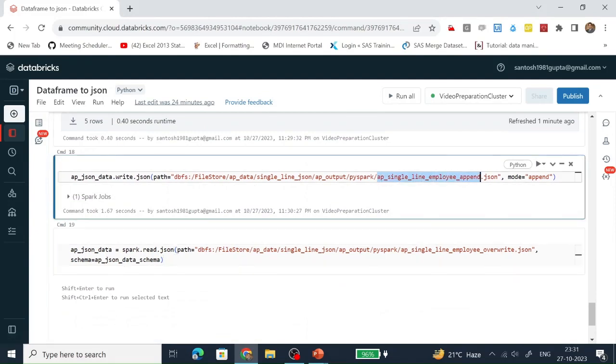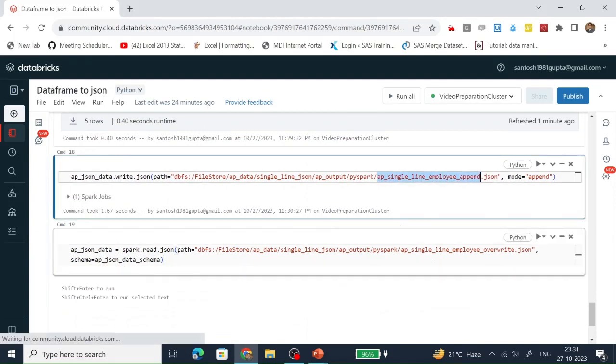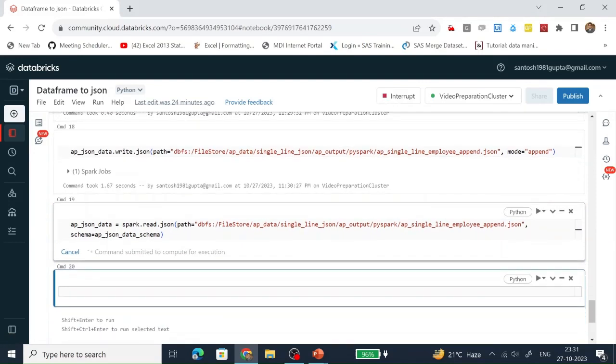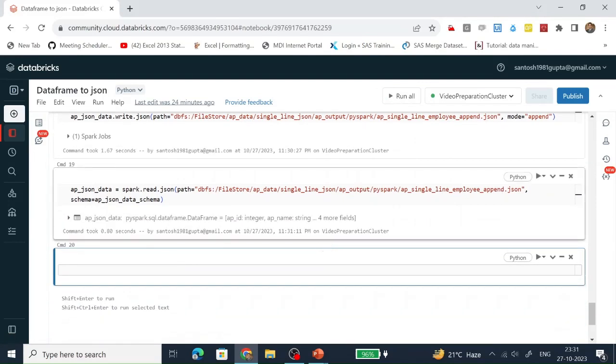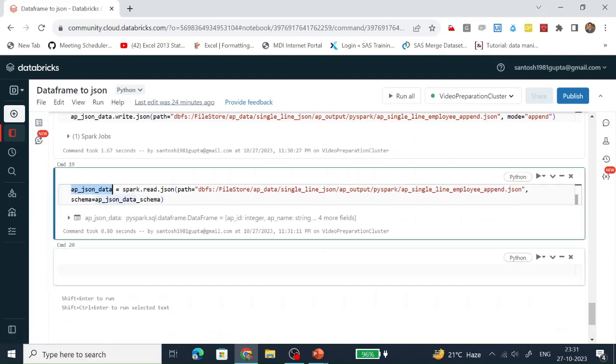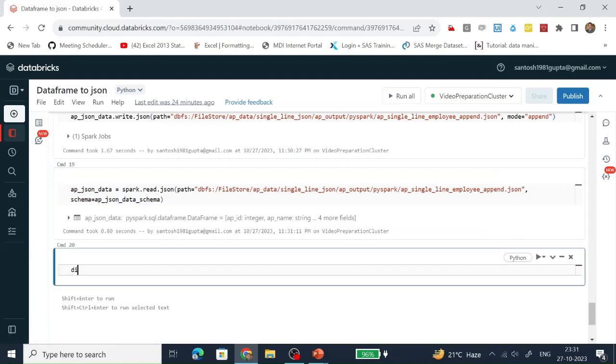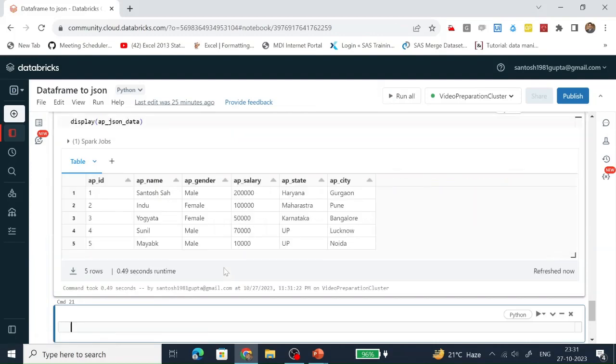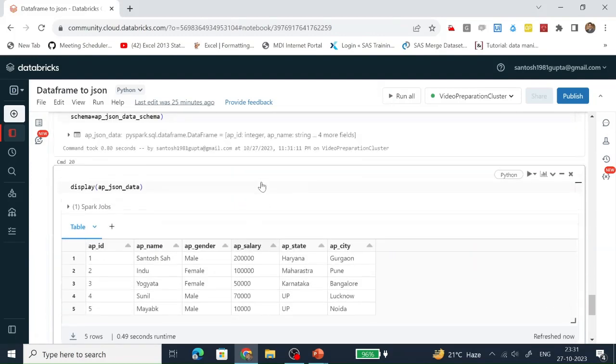Let's copy the name of the JSON only. Run it. Let's see what is the content of this data frame. See, it has 5 records.